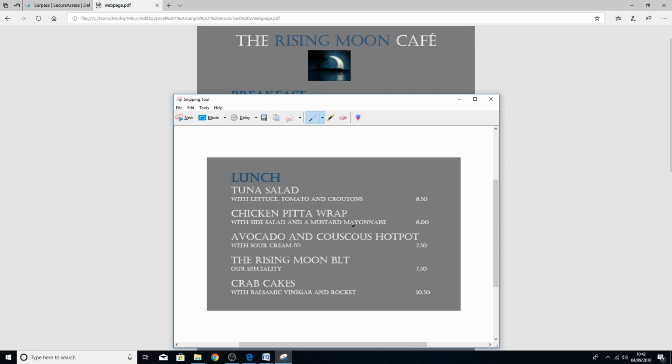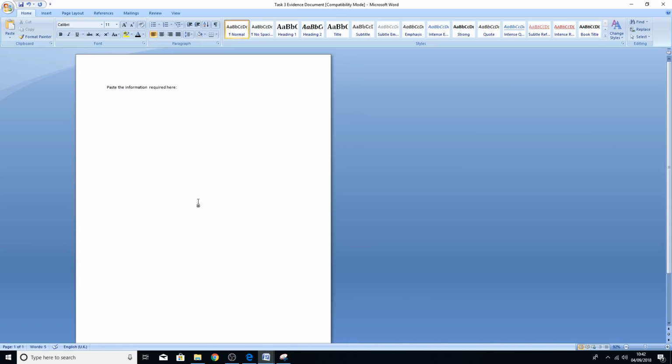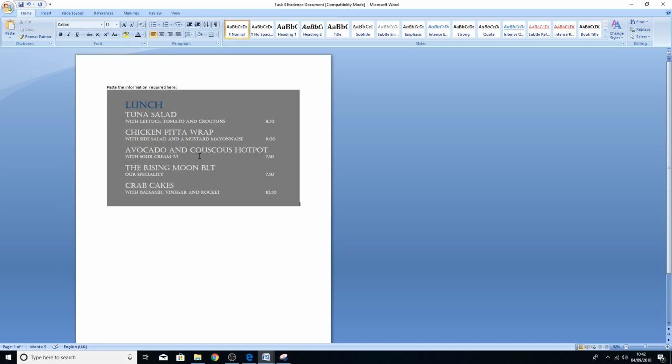Okay, so from there what we need to do is just copy and paste that into the evidence document. So just right click, select copy, and then on your evidence document you can just paste that into there. So right click again, press paste, and there you go, it's there. What you need to do now is just save that,